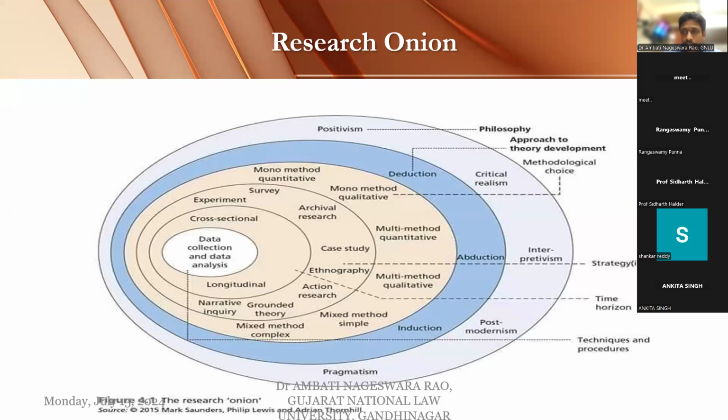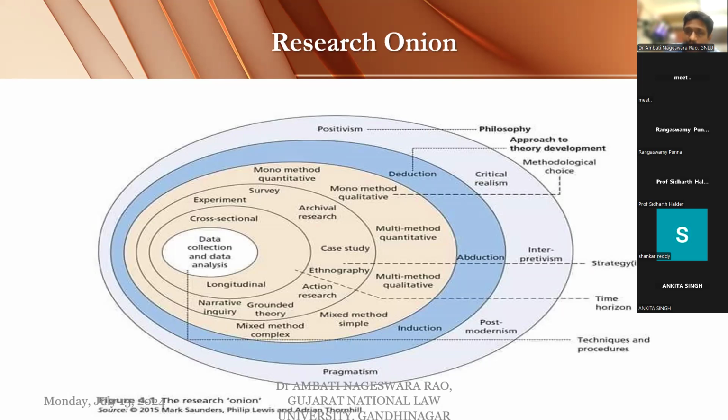Having an understanding of research onion is going to help you in terms of what steps one has to follow. Instead of simply jumping in, I'm going to use the interview method, focus group discussion. Why are you conducting research? What kind of knowledge are you going to contribute? In research, we have different kinds of philosophies like positivism,